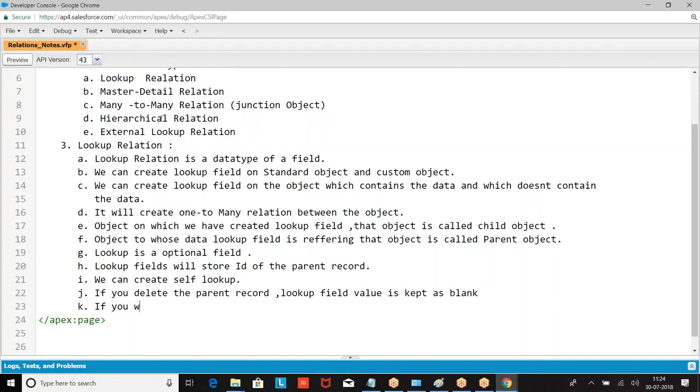If you don't want the parent record to be deleted when it has a child, then enable the option of